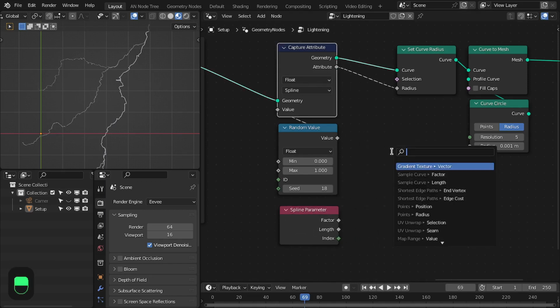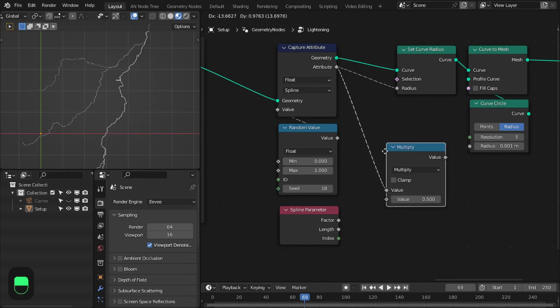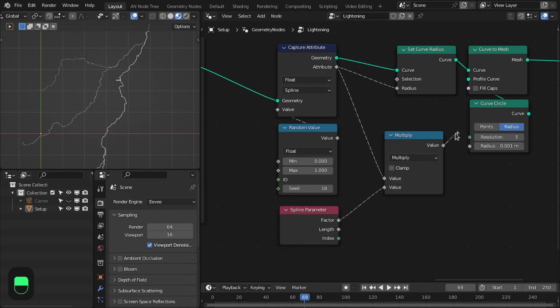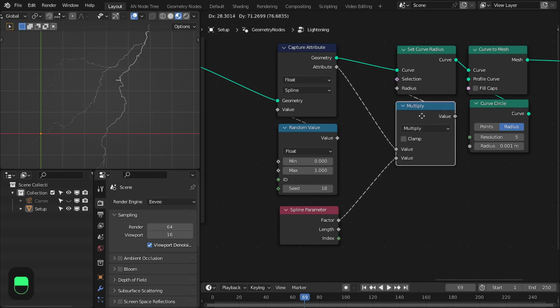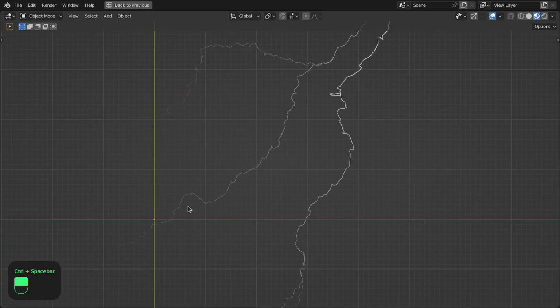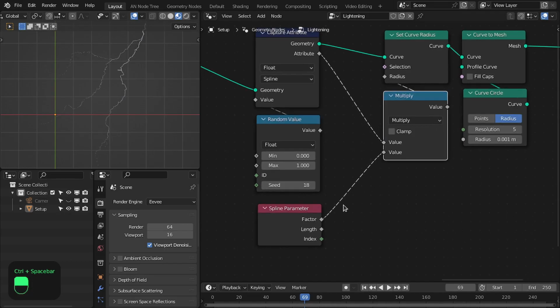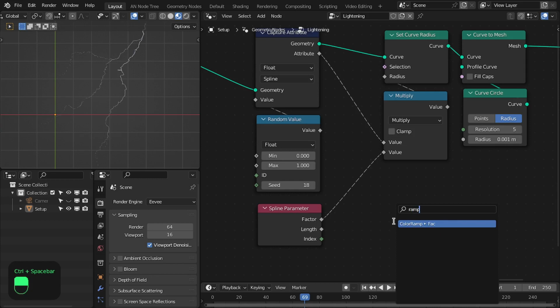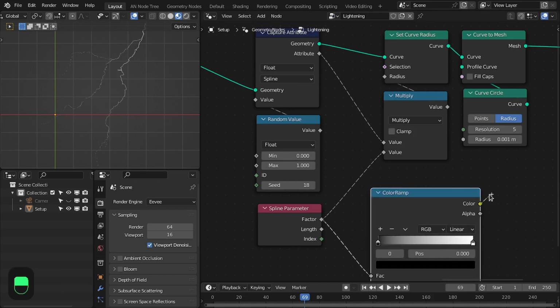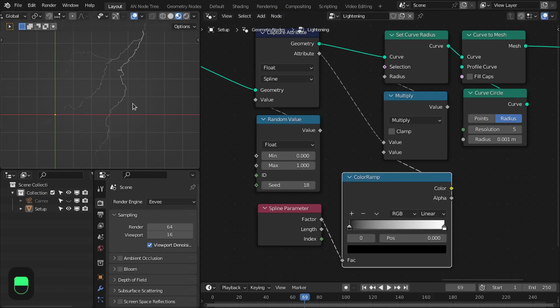Let's multiply this with the random value, and if I plug this into this, we have this taper. These curves taper to the start, and we can control the falloff on this taper with the ramp node,